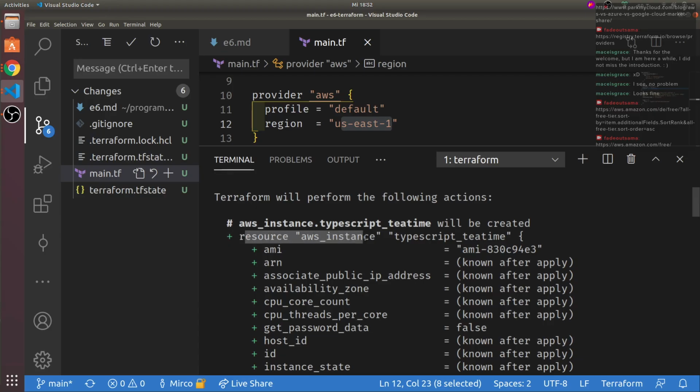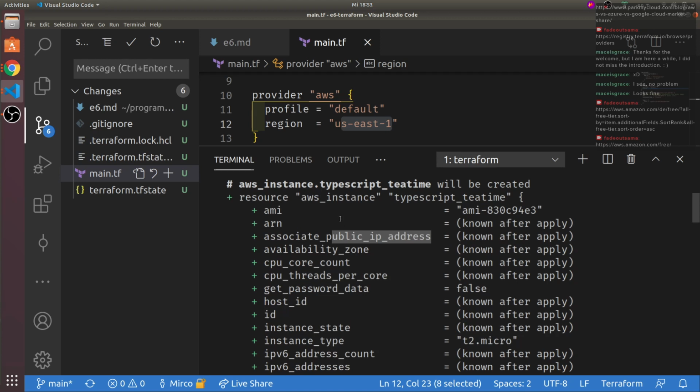So it will create this AWS instance, and it already knows the machine image. The ARN, I don't know what it is, but it's also only known after we actually have deployed it, because AWS assigns it dynamically. The public IP address also will be displayed after the fact.